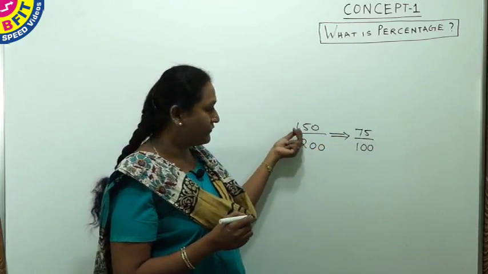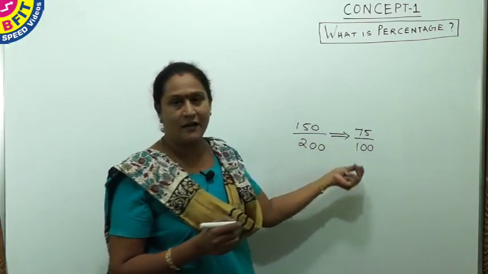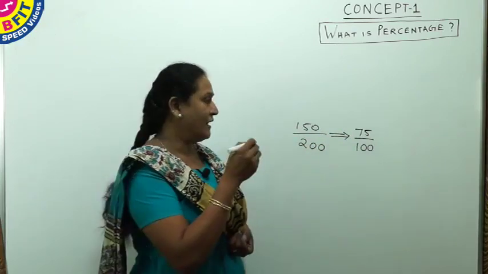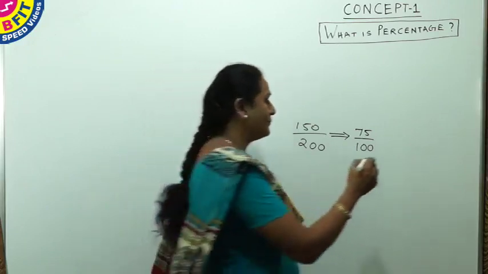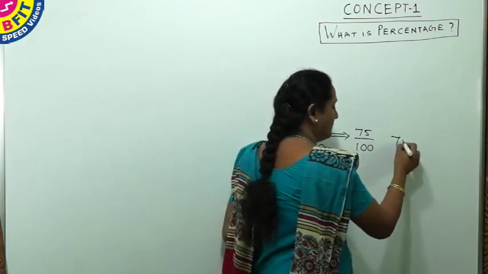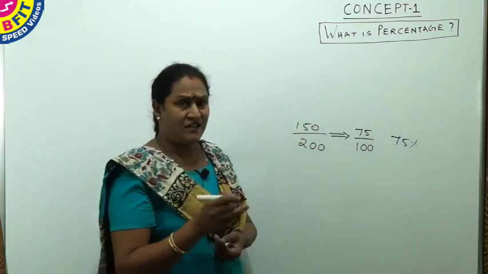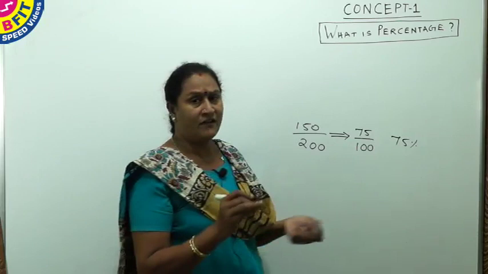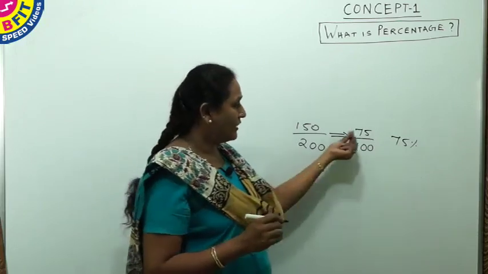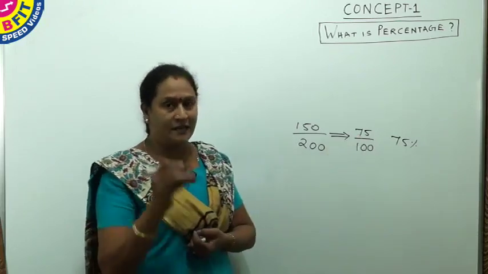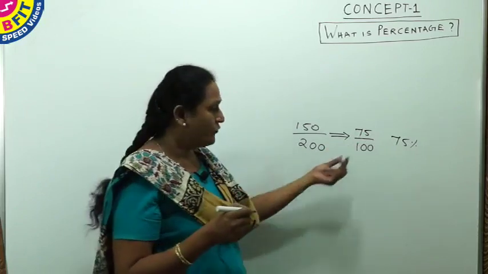So 150 for 200 implies for 100 it is 75, and the percentage is 75%. See that the denominator is 100. So whenever the denominator is 100, whatever is in the numerator is taken as the percentage, because for 100 the